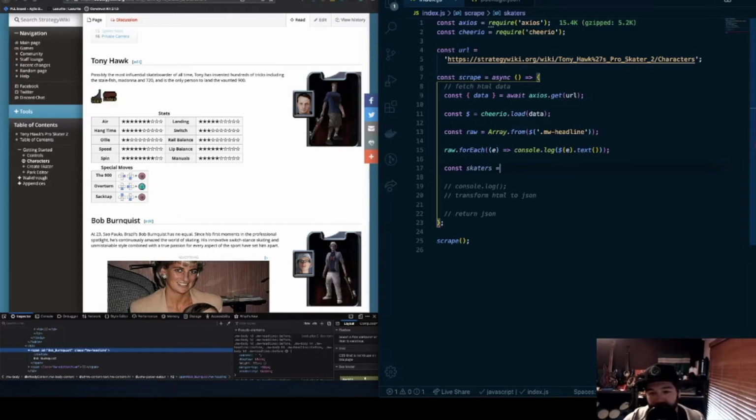So this is going to be our skaters. And for our skaters, when we do raw.forEach, we're iterating over that collection, but we can only operate on that element itself within there. So we can console log out what the value is, but this forEach doesn't return anything. So if we want to create a nice big structure of our skaters that have a name and so on, if we want to create that JSON representation, then we're going to have to use something called